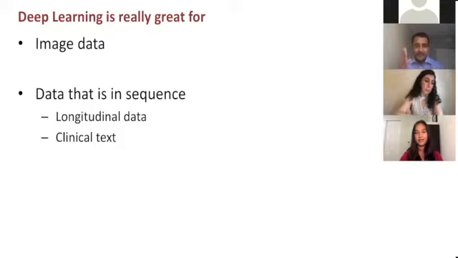So at 8 a.m., 10 a.m., 11 a.m., and so on and so forth. That is what is called longitudinal data. And with data that is sequencing, deep learning can really grab onto those trends and then try to learn patterns in those trends. The other sort of data is clinical text, where NLP, natural language processing, comes into